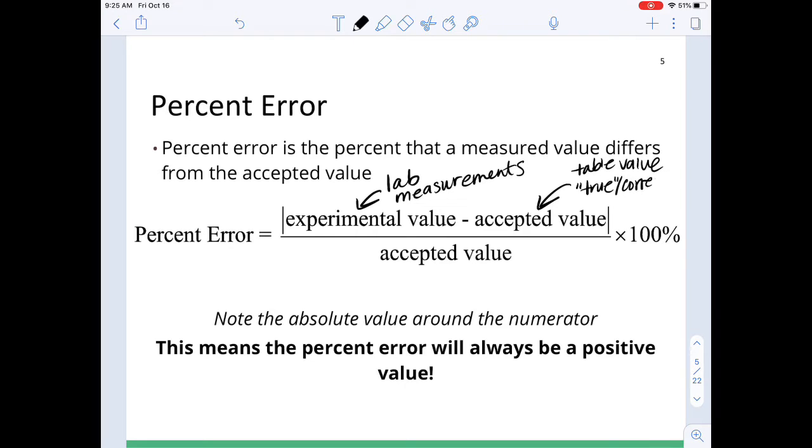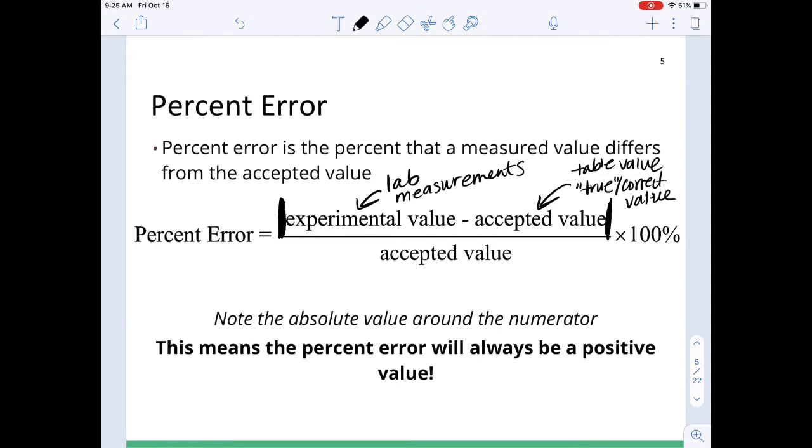True/correct value. So you want to find the difference in your experimental and accepted values. Notice how we have these absolute value signs here. That just means we're not going to have a negative number on top ever. Okay, so experimental value minus our accepted value, then we divide it by the correct value, accepted value again, and